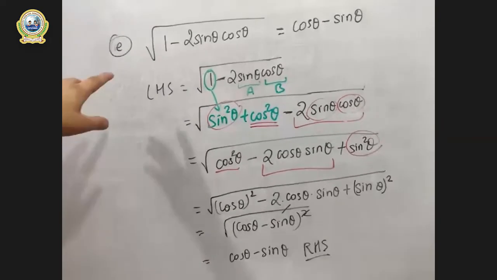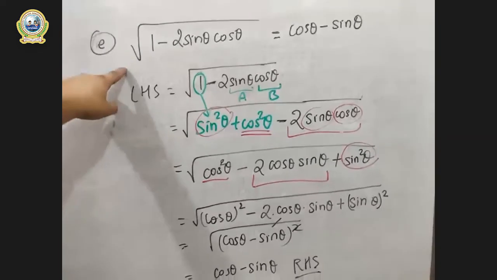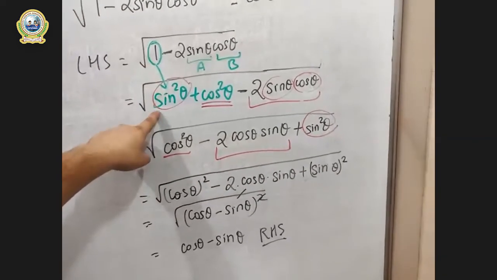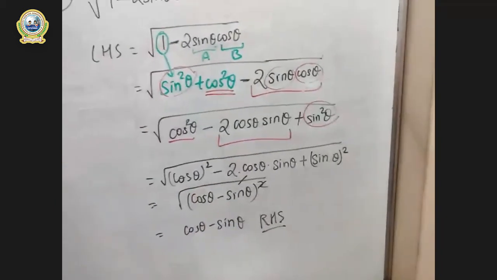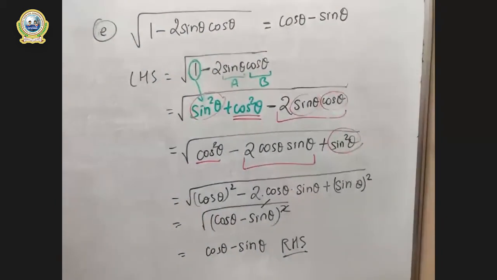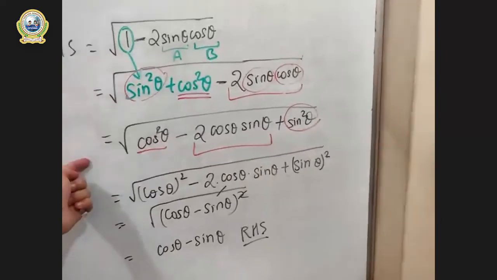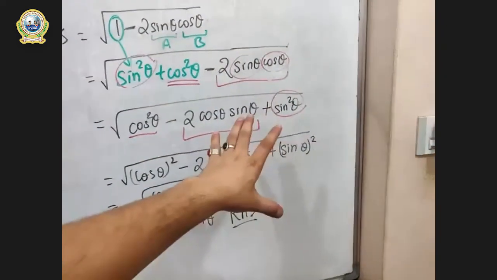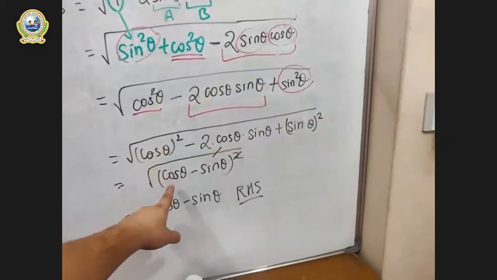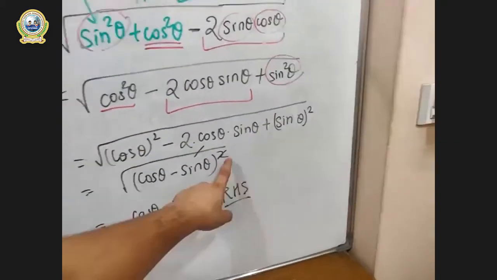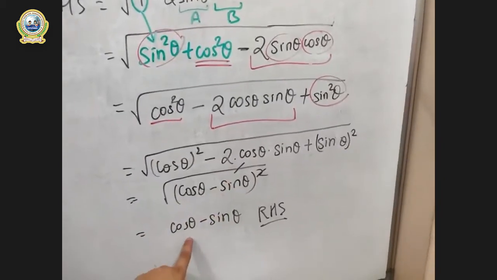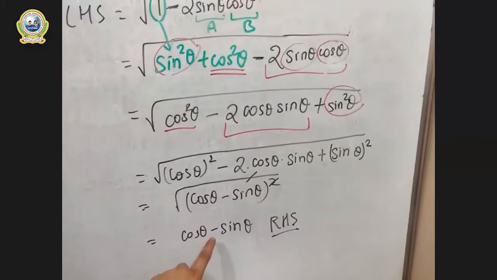Look at this. We had a root in our left part, right? So I converted this 1 into a square plus b square form, because sin square plus cos square is 1. Then in this step, I arranged this in a square minus 2ab plus b square format. And this became our a minus b whole square. And this square and root can be easily cancelled. Now it looks like this as a final result. Is it clear?